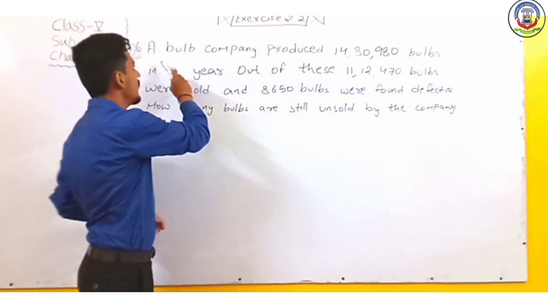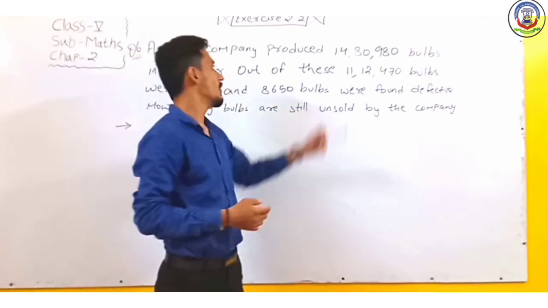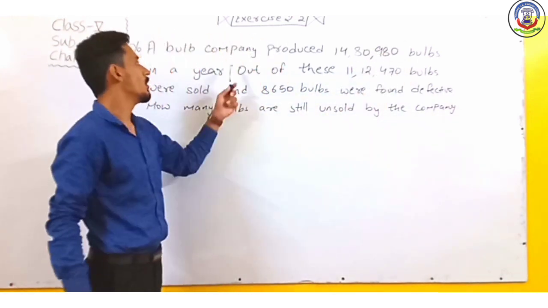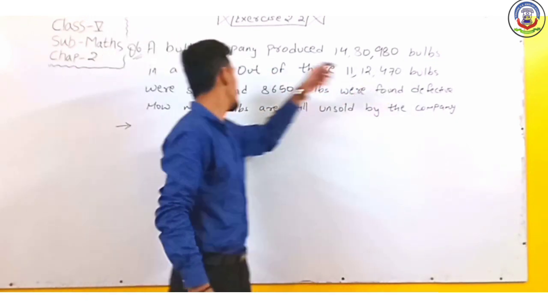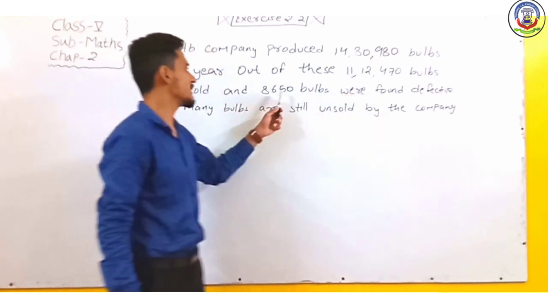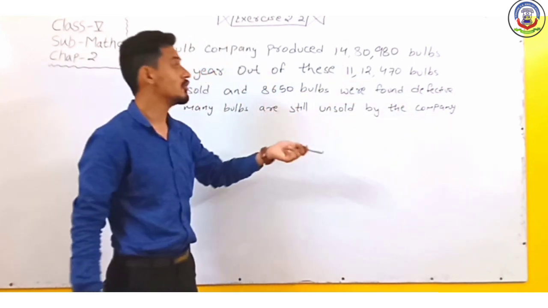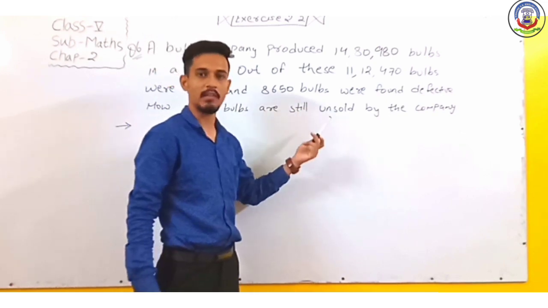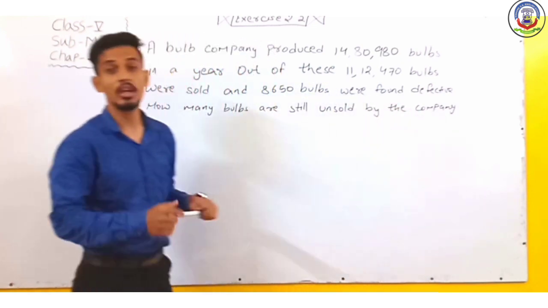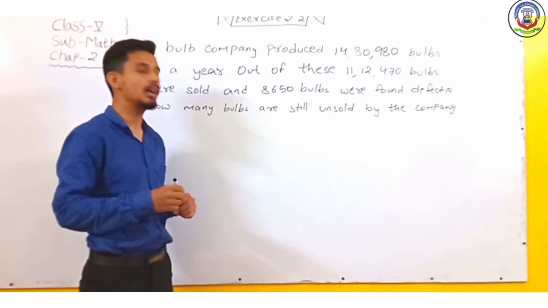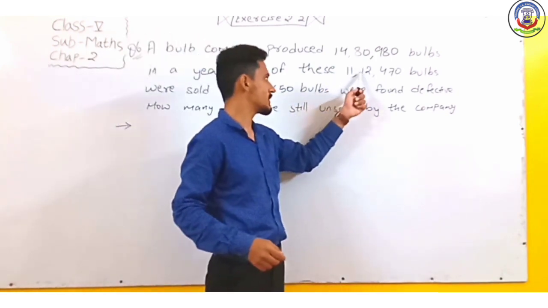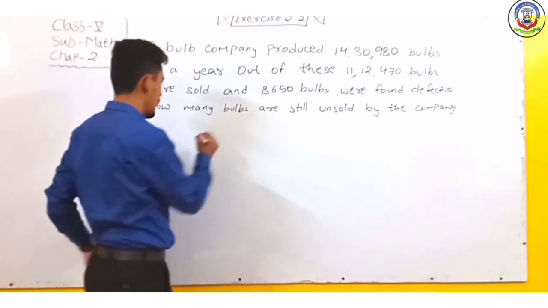इसमें बताया गया हमें कि एक बल्ब कंपनी है, ये कंपनी है जो बल्ब बनाती है। 14,80,980 बल्ब्स उन्होंने एक साल में बनाए हैं। तो आउट ऑफ दीज 11,12,470 बल्ब्स वर सोल्ड, उसमें से इतने बल्ब सोल्ड मतलब सेल कर दी, एंड 8,650 बल्ब्स वर फाउंड डिफेक्टिव, और जो बचे हुए थे उनमें से 8,650 डिफेक्टिव यानी खराब निकले। हाउ मेनी बल्ब्स आर स्टिल अनसोल्ड बाय द कंपनी? अब उनके पास कितने बल्ब्स बचे हैं जो उन्होंने बेचे अभी तक नहीं है, तो वो हमें बताना है। तो फर्स्ट इन दिस वी हैव टू सब्ट्रैक्ट दिस फ्रॉम दिस। सो लेट्स स्टार्ट। वी हैव